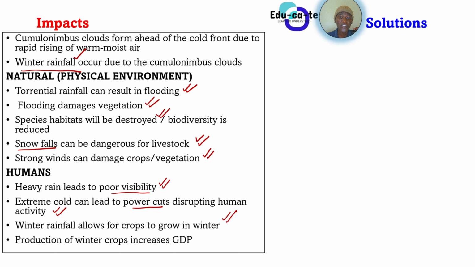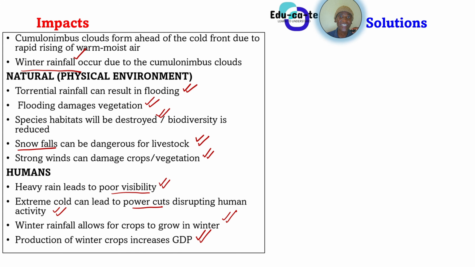So now production of winter crops actually increases the GDP. This is an economic reason, but it actually benefits us as people because, of course, if our gross domestic product, the GDP, rises, we have a better standard of living. So it actually is a good thing that we can produce winter crops and then sell those winter crops, of course, and then continue running the economy. So if they ask about the positive economic impact of a mid-latitude cyclone, you can also mention this.